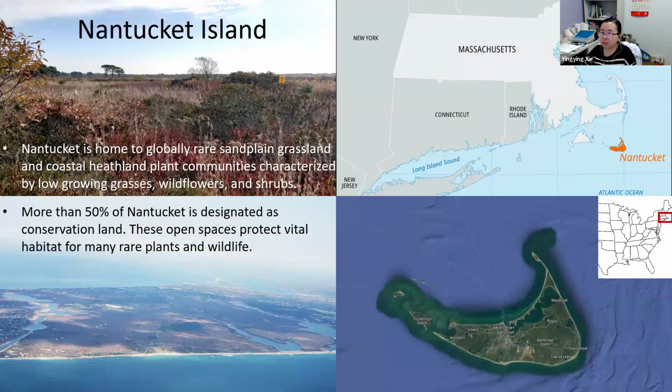But one thing I want to mention is why it is important to know better about invasion here: Nantucket Island is home to globally rare sand plain grassland and coastal heathland plant communities. This means we have some rare plants and wildlife which rely on this native environment and these native communities. And also because this island